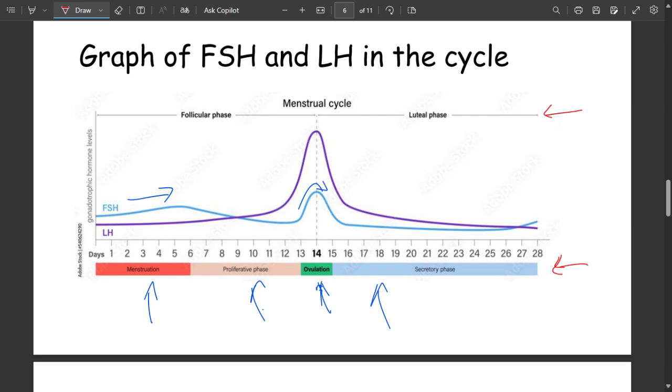So when you talk of proliferation, you're talking about something that is happening in the uterine. But then you can still call it follicular phase in the sense that you need to understand how these phases match up. Okay, what is happening in proliferative phase in the ovary, what is happening in the luteal phase in the